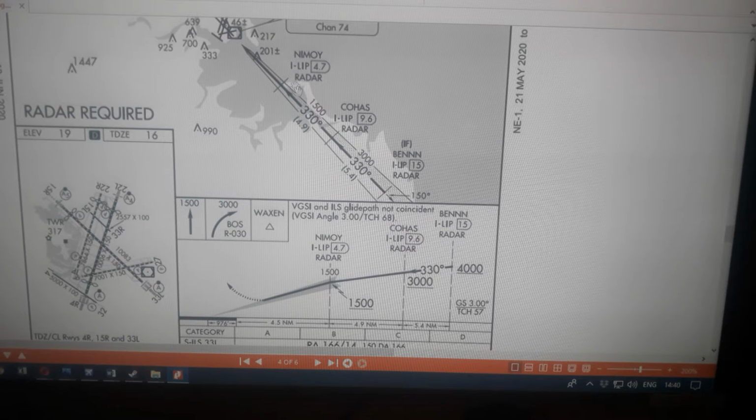So this is the 330. This is the radio beam. Within this you can capture this. The V shape here is like a feather. So these are two radio beams. It's very interesting how it is. There are two frequencies, and when they mix in the middle, that is where you get the center line of the runway. So here it is 330. This again we will be putting in as the course in our plane, in the master control panel.